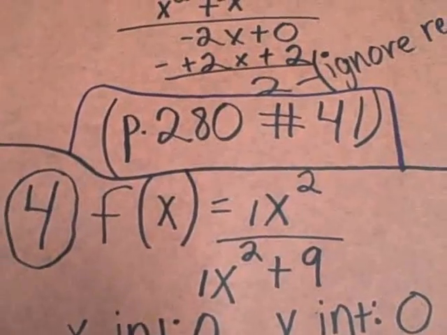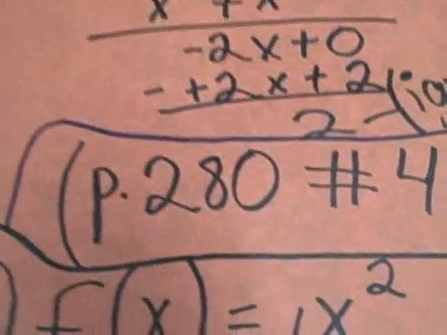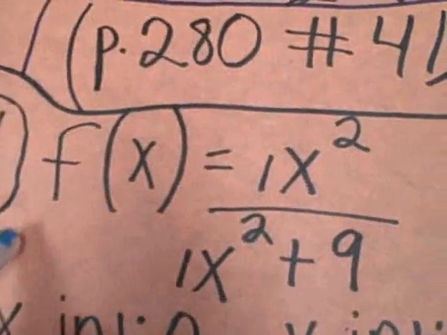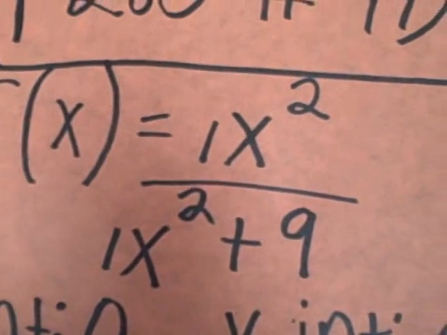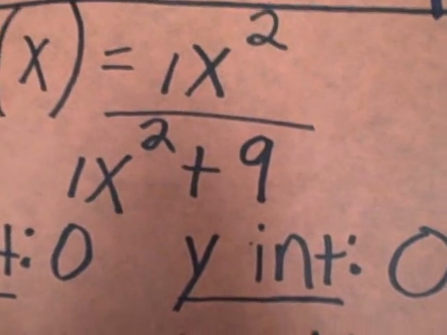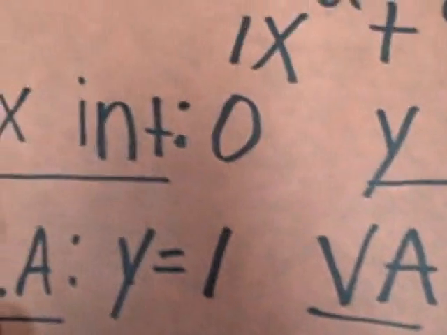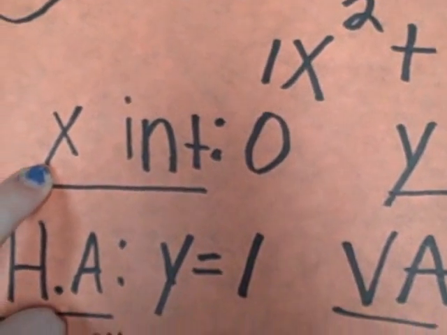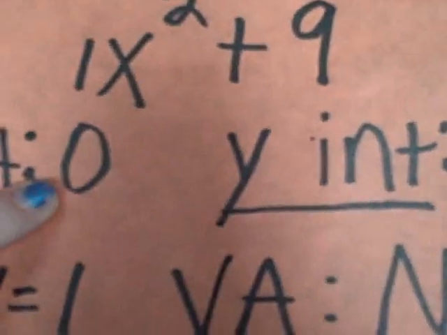Okay, so the fourth example that we're going to do is from page 280, number 41, and Sarah's going to explain this. So the problem is f of x equals x squared over x squared plus 9. To find your x-intercept, it's how does f of x equal 0? So obviously, if you put in 0,